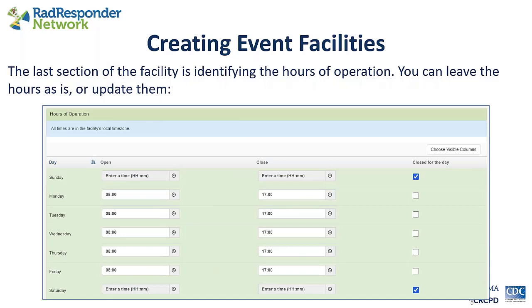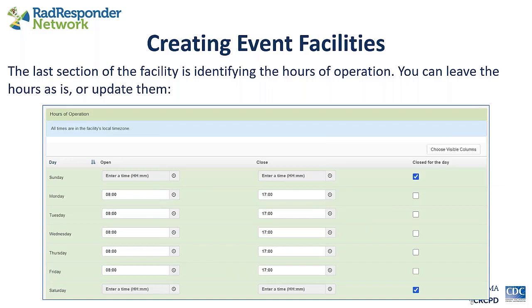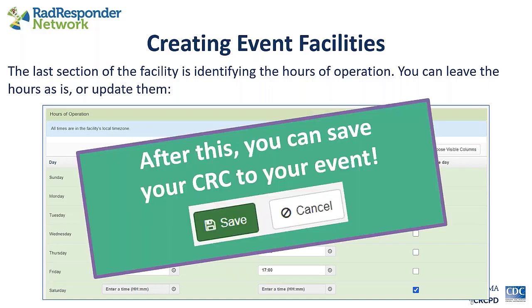And last but not least, the last section is going to be identifying the hours of operation. By default, they are listed as Monday through Friday, 8 a.m. to 5 p.m. You can change these. It doesn't impact how you're entering your data, but if you wanted to have the hours of operation set, you could do so. And finally, once you're done scrolling through this long list, you can save and your CRC will